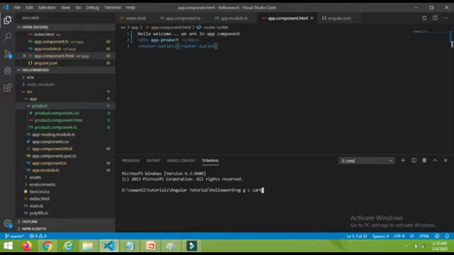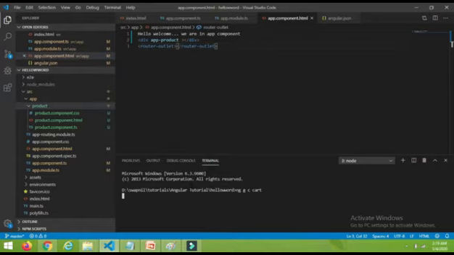You can use ng g c cart, or else you can use the full words, ng generate component cart. Likewise you can create the component. After that, press enter. It will create the component for us. It will create all these four files that we created manually in the last video.